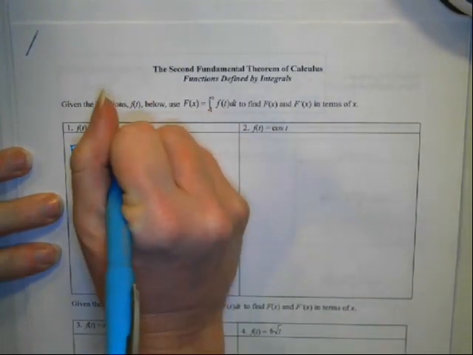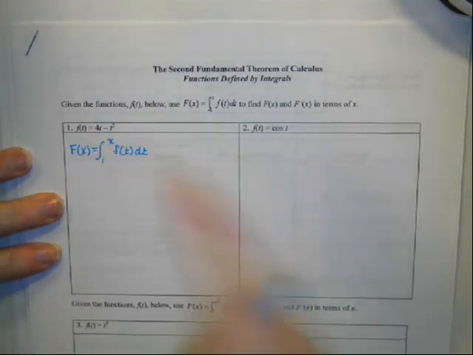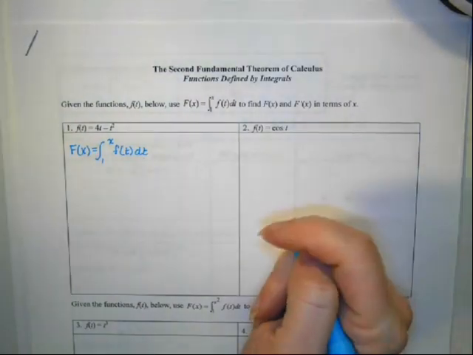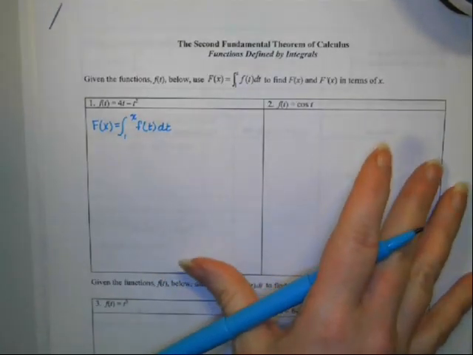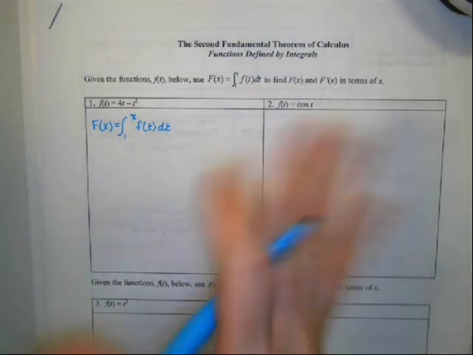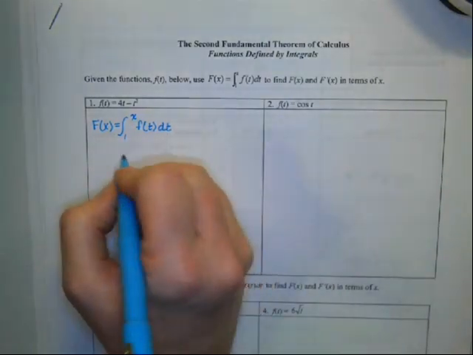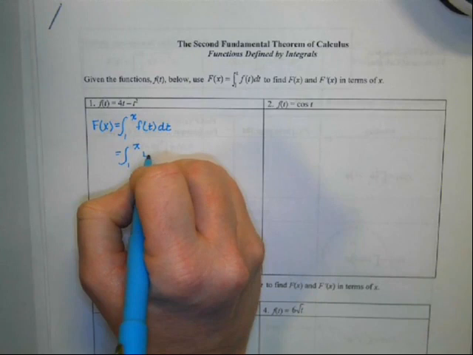The other thing is, writing this kind of stuff out seems like kind of a pain, but on a free response question, writing out the notation a lot of times is worth a point. So if you just write their notation correctly, you get a point for that, even if you end up calculating the problem wrong. So that means this is going to be from 1 to x of 4